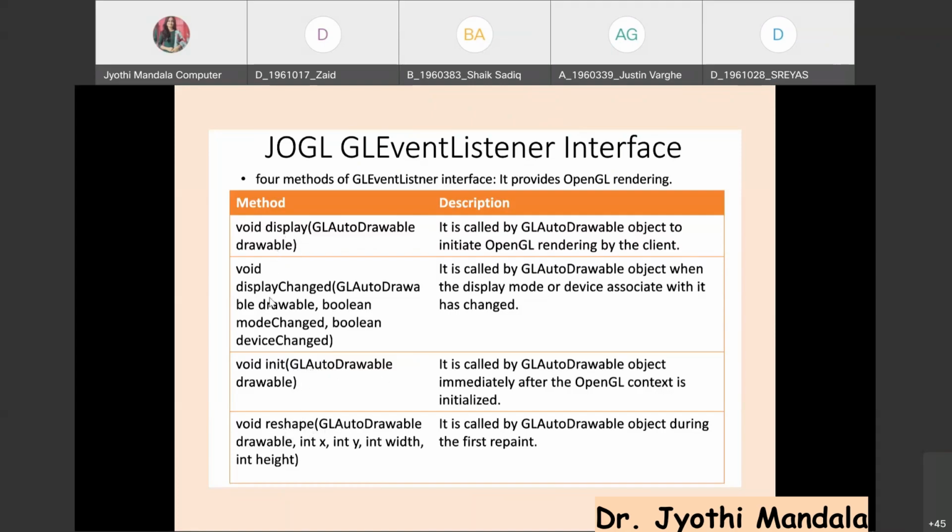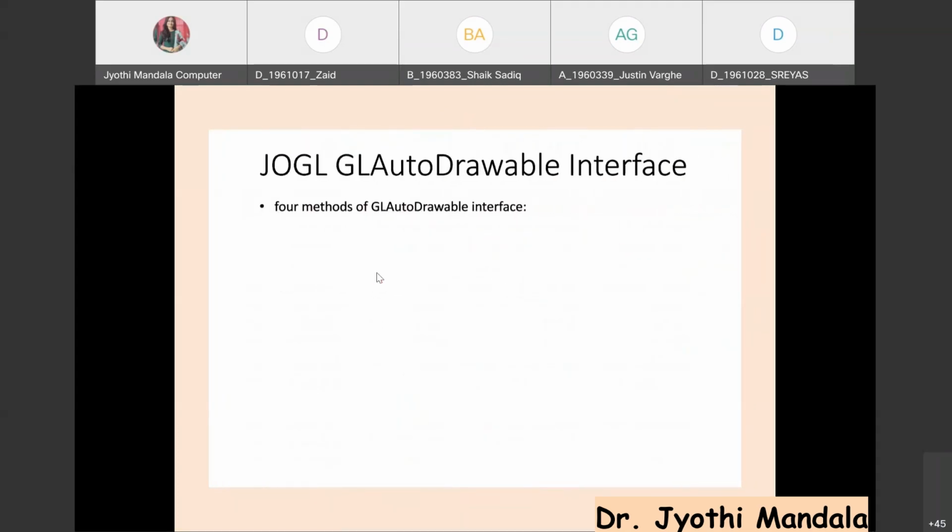Remember, you need to write down the code, like you need to implement the definitions for all these methods in your class, whichever is implementing this interface. If you don't want to write anything, you simply put empty statements, but it should be defined in the subclass. The second interface is